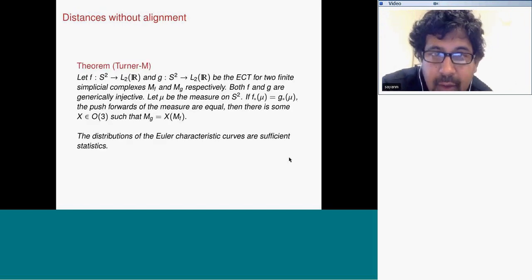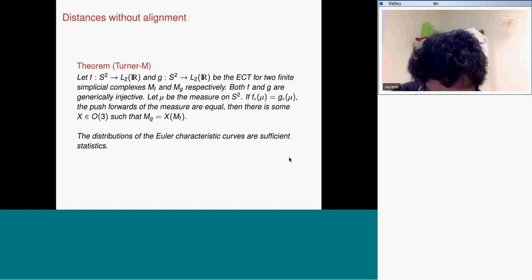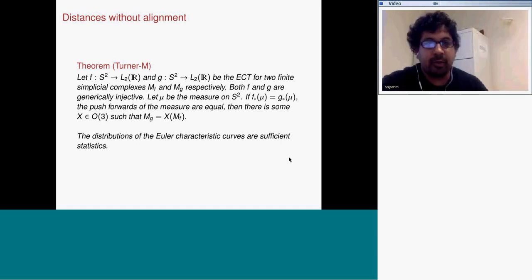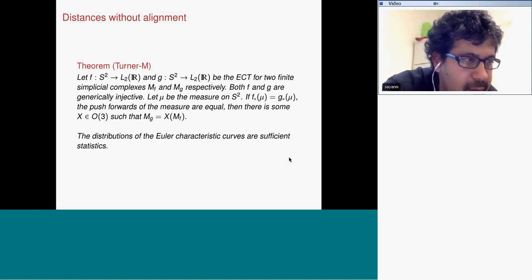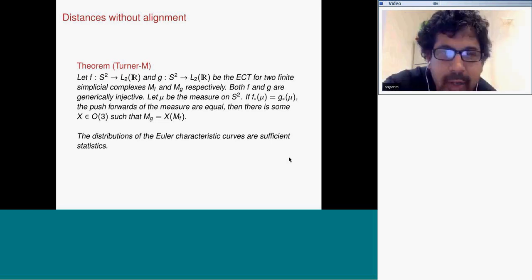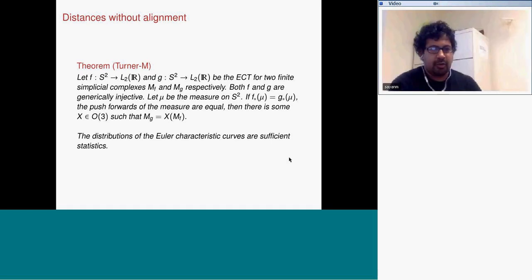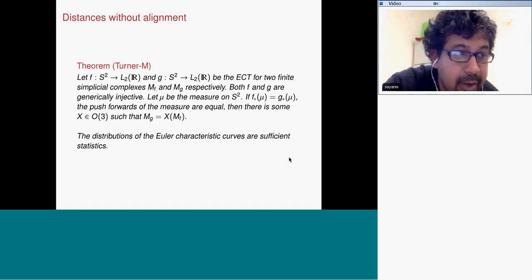Okay? So what's really interesting is that you need to align these objects. Before, when we've been doing this, we've been aligning all of these objects. What I'm telling you here is to think about doing the following. Take an object, put it over the directions, draw directions from this distribution, and you get a collection of Euler characteristic curves, or you're going to get a collection of diagrams, right?